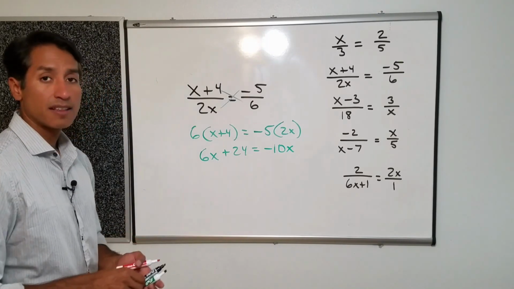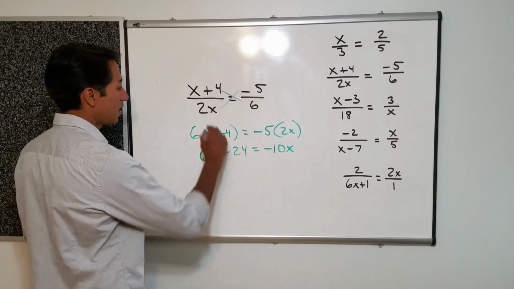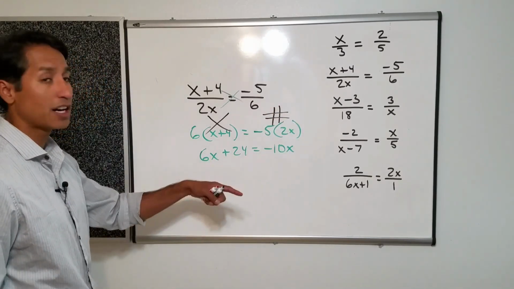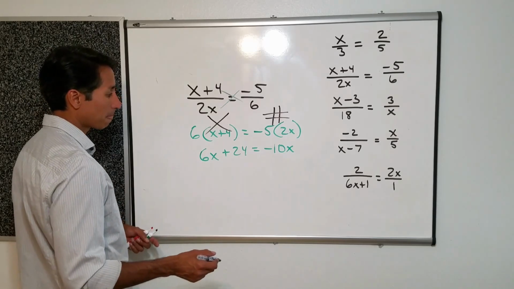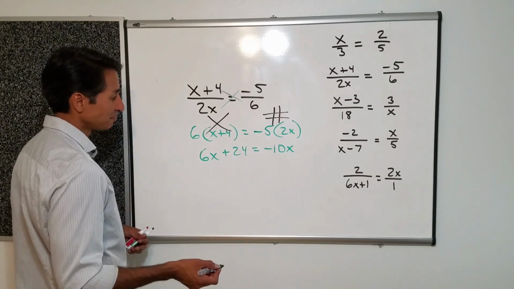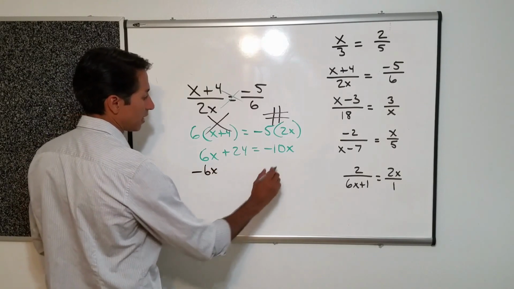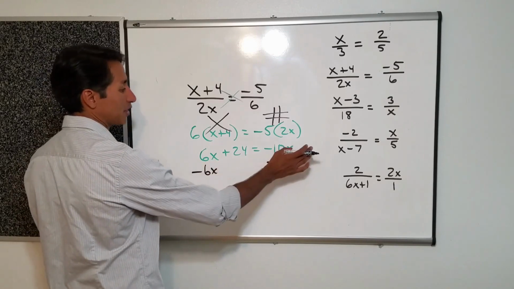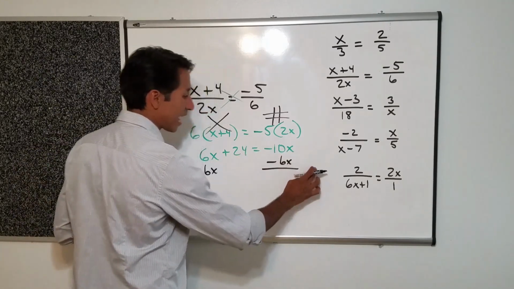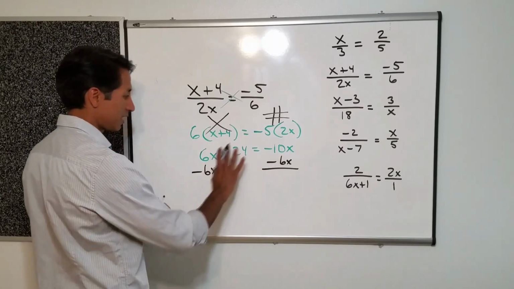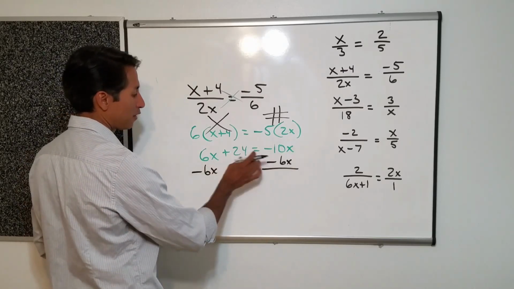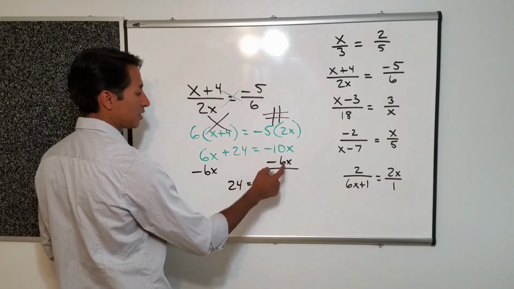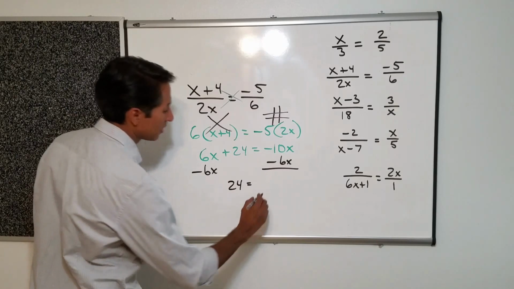All right, this type of problem, what is our goal? x is on one side, numbers on the other, right? Isolate the variable and then work from there. So I guess I'll just subtract 6x, okay? I try not to work with negatives, but if I move this over and leave a 0 over here, now I have to subtract this over and then I'm doing extra work. If I can move this over and have a number on this side, then so be it. Negative 10x minus another 6x is negative